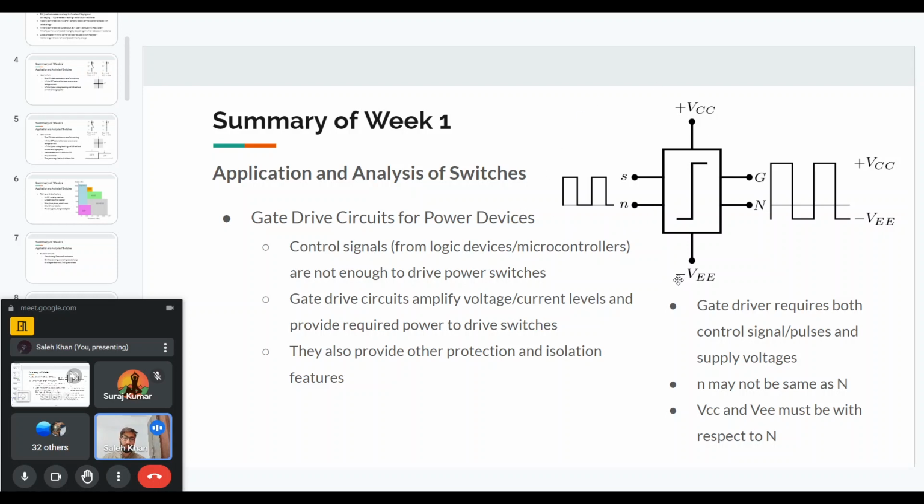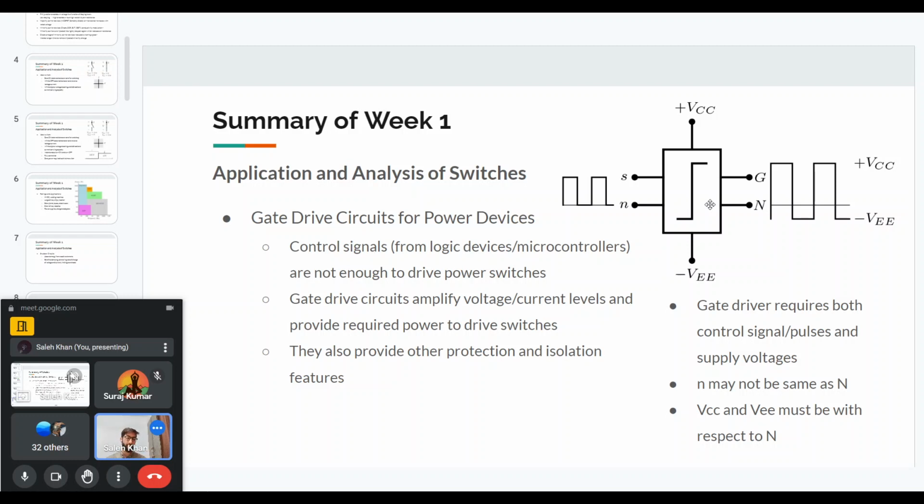Another input would be the power supply. Because, like I said, we want, let's say, 15 volts. We want to give plus 15 volts to the IGBT to turn on and minus 5 volts to turn off. So that plus 15 and minus 5, that voltage we will supply to the gate driver. So that is the supply voltage to the gate driver. So we are giving two things to the gate driver: one is the control signal, and the second is the supply voltages that we want to be